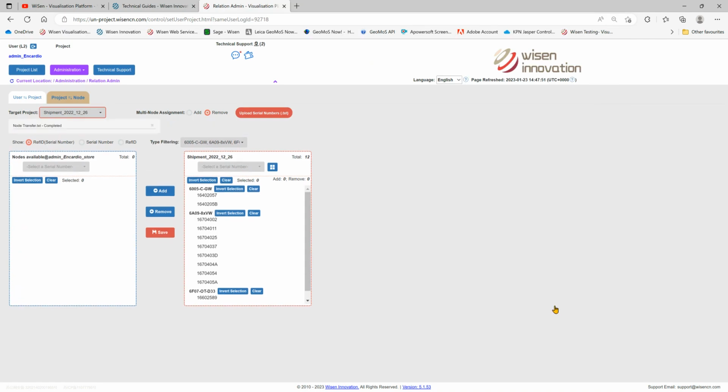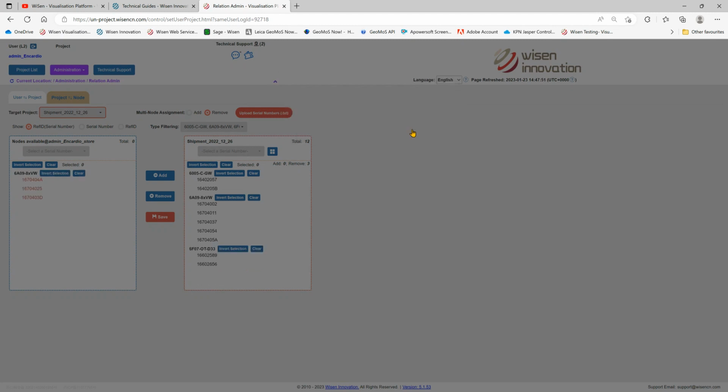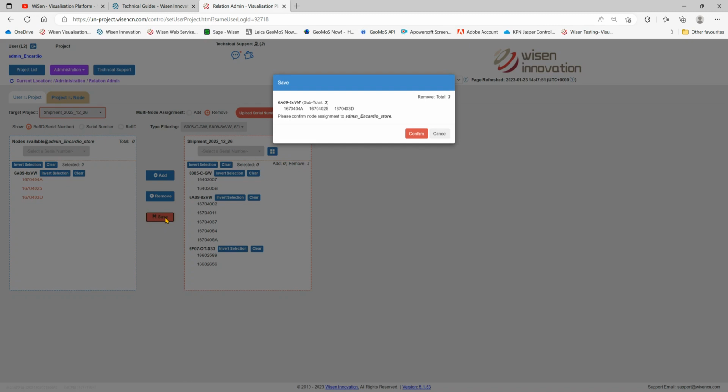We press open. We can see that we're getting a summary box to say we are deleting these 3 nodes from the shipment project. And you can see now they've appeared in the left box, and this is back within the store. We would then press save, an important step not to forget. We have a confirmation,